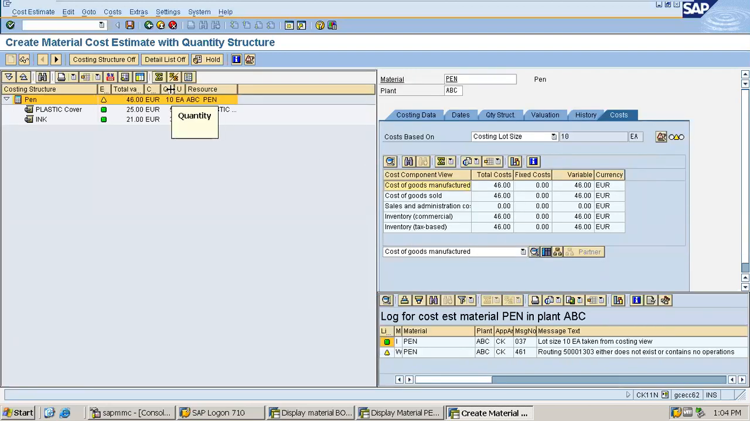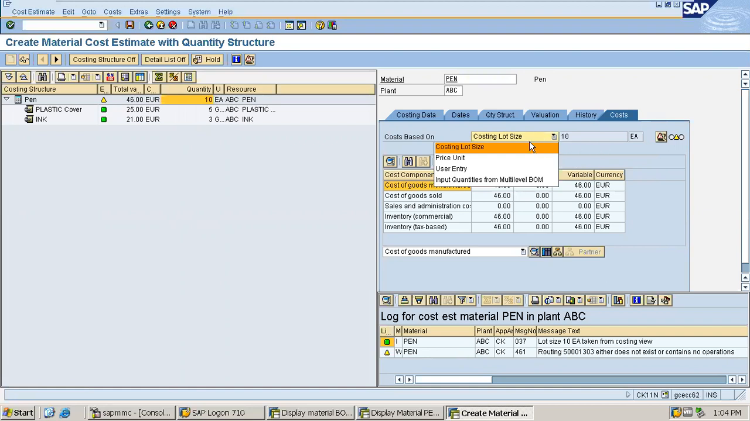See, quantity is 10 against pen. Why? Because here the lot size is given, the costing lot size. One lot is being costed, and that one lot contains 10 units of product, because the data is being read from the material master and lot size 10 has been given there. So 10 units of material will be costed,